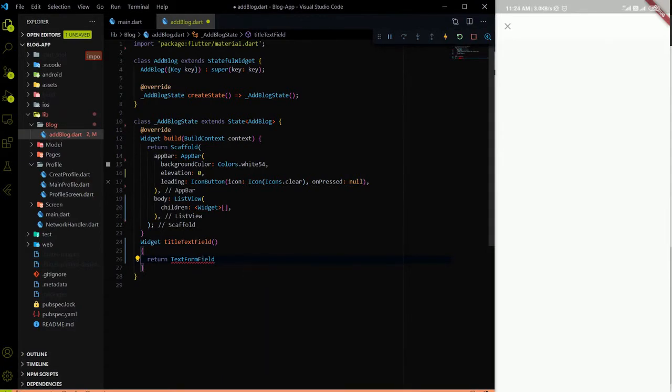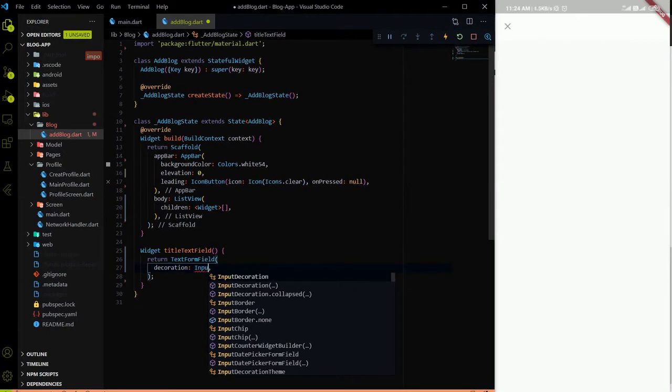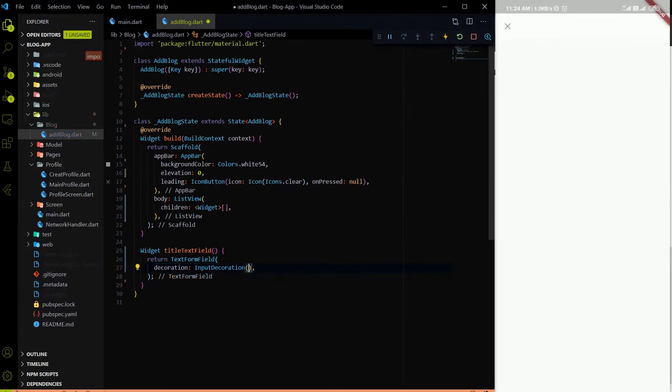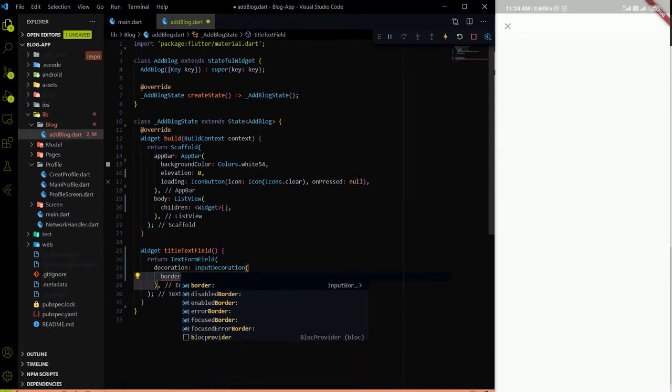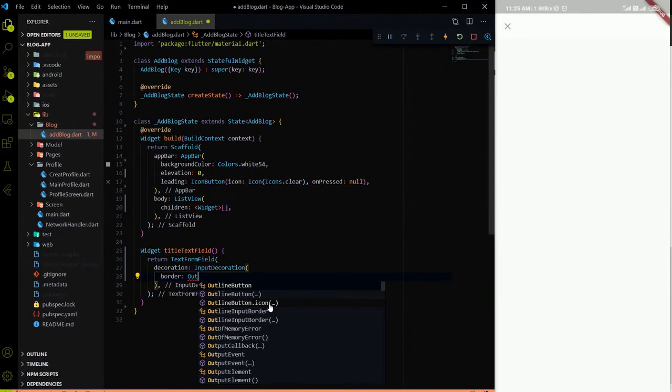TextFormField, and here we go. Inside the text form field we have our decoration, and we use the InputDecoration, and inside the input decoration we have a border because I want to show a border, and we have an OutlineInputBorder,